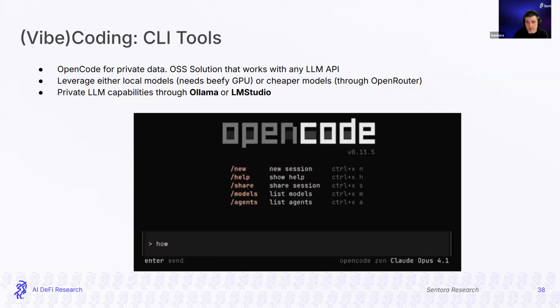I recommend for that OpenRouter, which is like the main hub to connect to different AI models. And yeah, same as we have vibe coding tools that are more private, we also have capabilities to run private chats through tools like Ollama or LM Studio. But again, it will need a very good GPU on our machine to be able to run those.